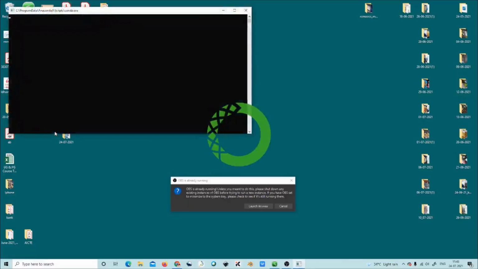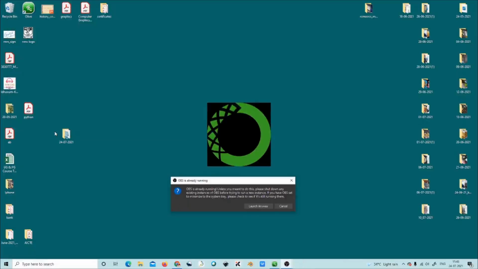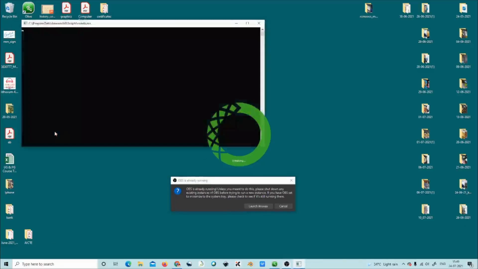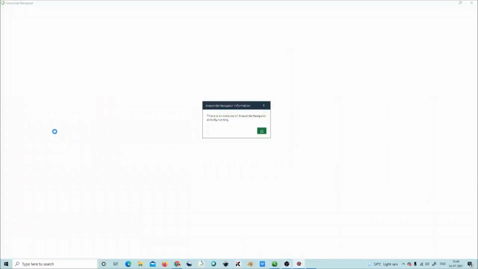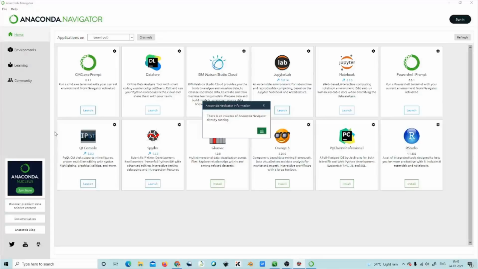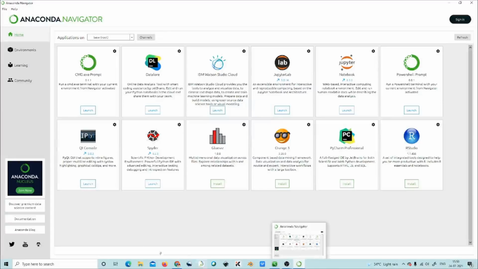You can see the screen, and the Anaconda logo is coming, and it will take some time to set up the window. Just wait, a window will pop up. Now you can see the Anaconda Navigator, the main window of the package.